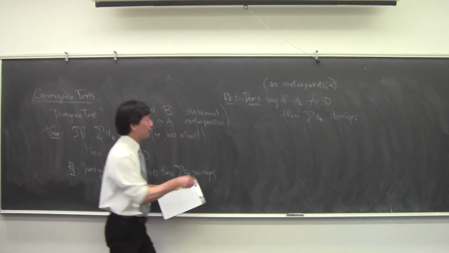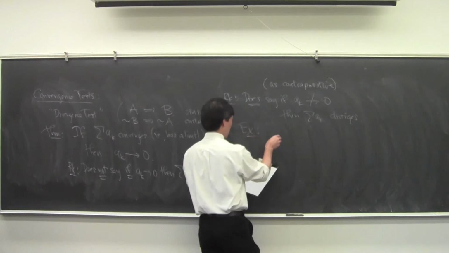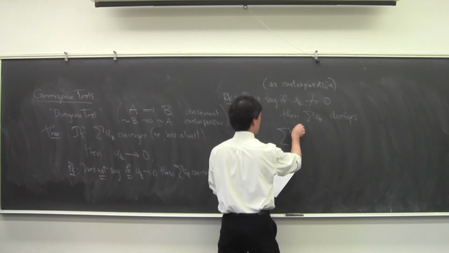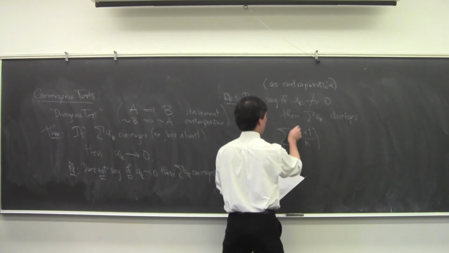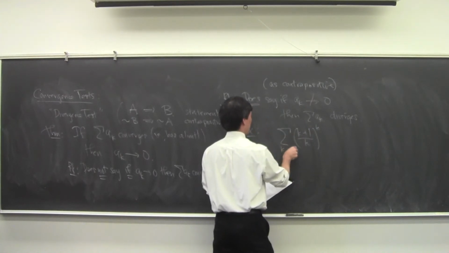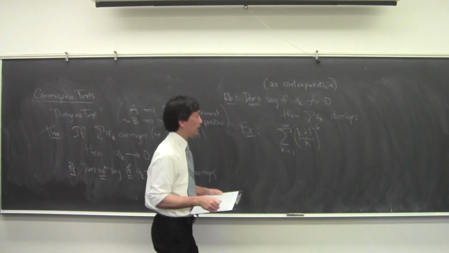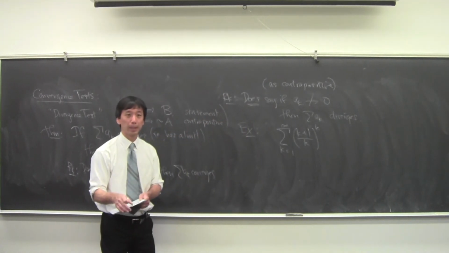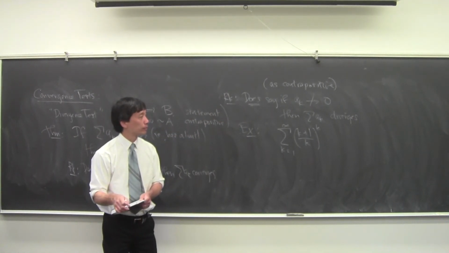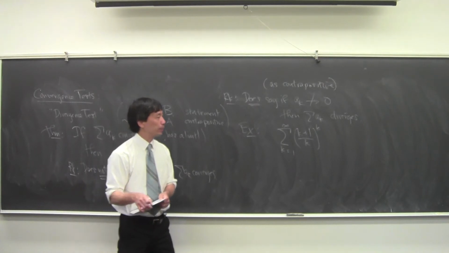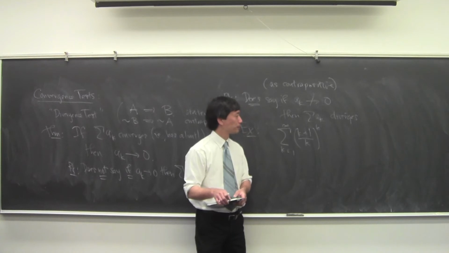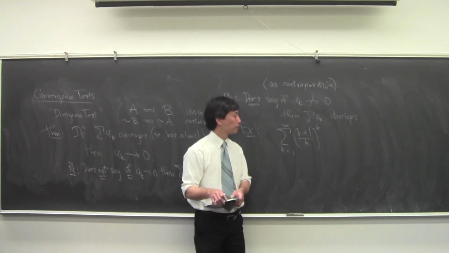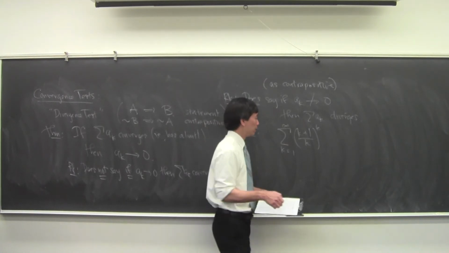Okay, so let me give you an example. If I have the sequence, the sum of (k plus 1 over k) to the k, from k equals 1 to infinity, and somebody says, what do you know about this? What do you know about the sequence? Well, you'd say, well, look,